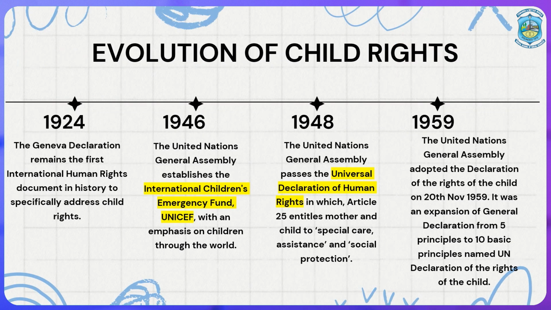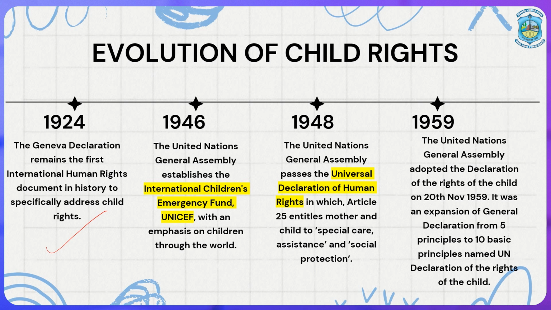So, now we will look at the hierarchy of the dates or years of child rights. It started in the 19th century. In 1924, the Geneva Declaration remains the first international human rights document in history to specifically address child rights. Then in 1946, UNICEF was established. The United Nations General Assembly established the International Children's Emergency Fund, that is UNICEF, with an emphasis on children